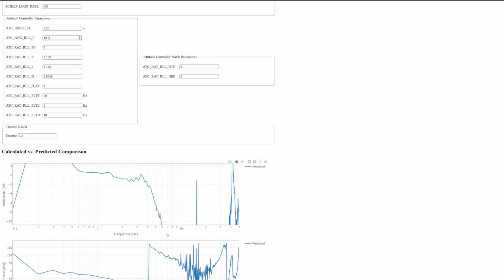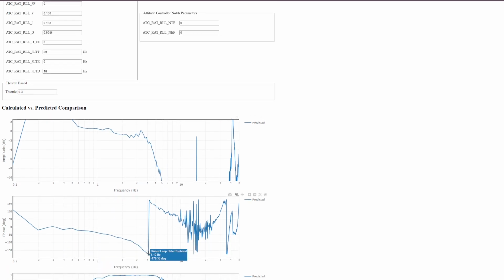And initially you might go, oh, that's really good. But no, we also have to have a look at the phase. You can see that at about 4.1 hertz, the angle is going to be in the opposite direction to our request. It's a little lower, so it's not going to be as big, but it's moving in the opposite direction. So when we're going right, left, right, left, at that frequency it's going left, right, left, right. So my rule of thumb here is that I want this